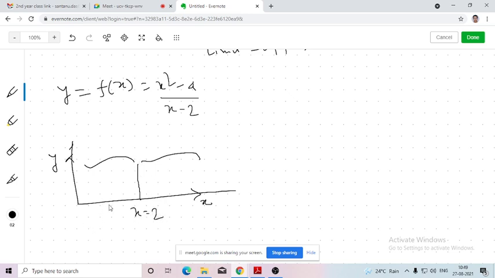At x equals 2 the function doesn't have a value, but at all other points there is a functional value, this length is a functional value, this length is a functional value. So apart from x equals 2, at all other points the function has a value, but at x equals 2 it doesn't. So what do we need to do? Here the independent variable is a 1-dimensional point, so it exists at this particular point. But since at all other points the function has a value, we need to take a neighborhood around this point.